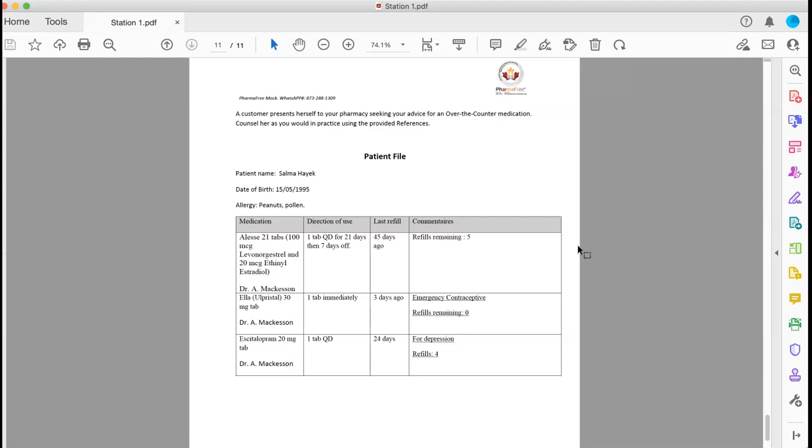So the question is, if Ella protects up to 5 days, it's only been 3 days since I took it. So time is not up. I believe I don't have to take any Plan B, right? Is this correct? Actually, I'm not sure. You're not sure. Okay, thank you.